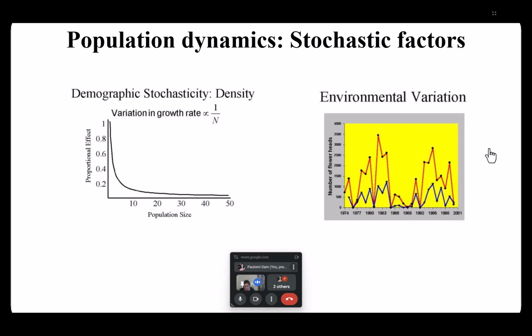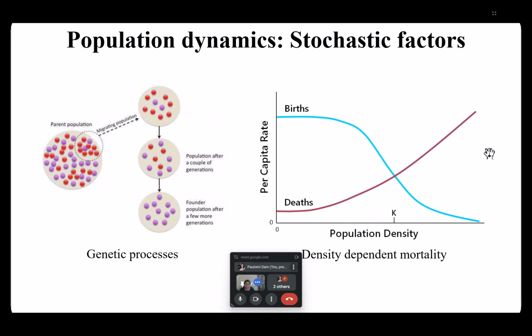Next is environmental variations and fluctuations. Environmental changes can lead to death. In a large population, out of those 1,000 individuals, let's say 200 died, you still have 800 as your backup individuals who are surviving and who will carry on the generation. But in 10 individuals, if 4 die, it still is a problem because there are only 6 individuals remaining, and they might also not survive, or they might not have the best gene pool. So this becomes again more prominent in a small population.